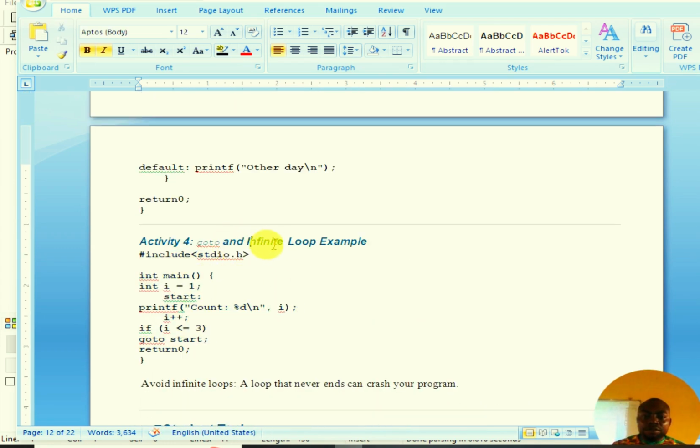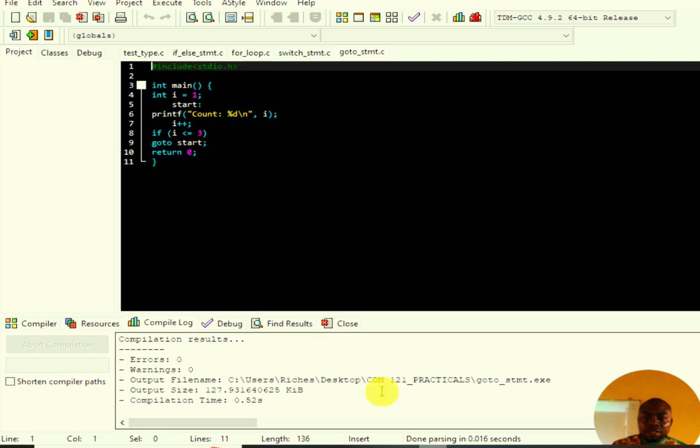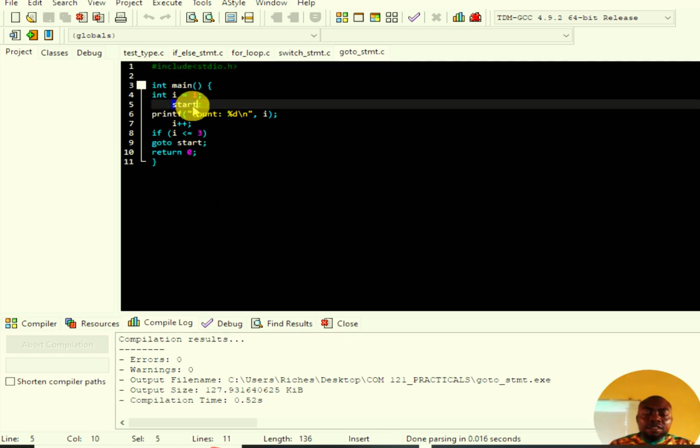Let me just stop here for today. But the goto has been implemented. It has been implemented successfully. Let's visit this code again and go over it again. You discover that we have start here. Start. You should note that this is also a keyword, and you cannot use it for any other thing but the function for which it is. Start is placed here, so that when we add the value of int to be 1, and then you incremented it here by 1 again. So this condition now